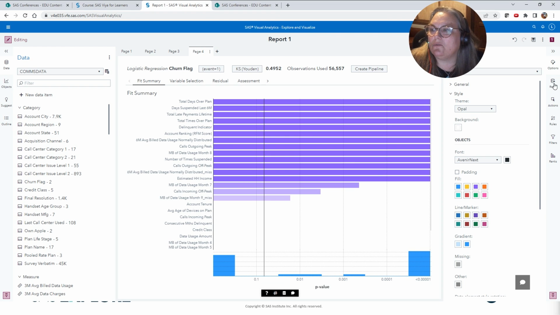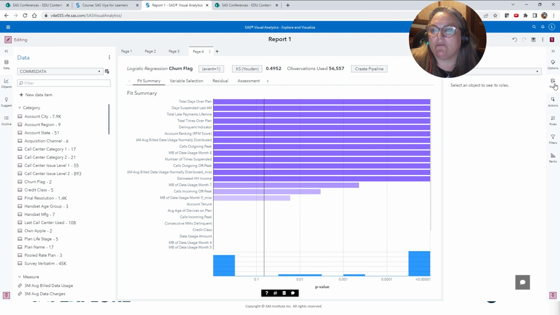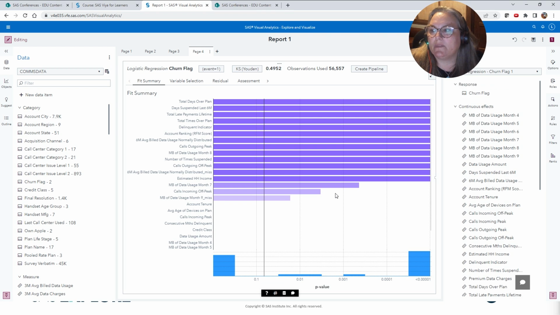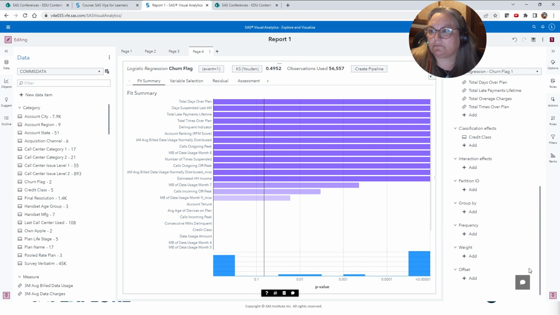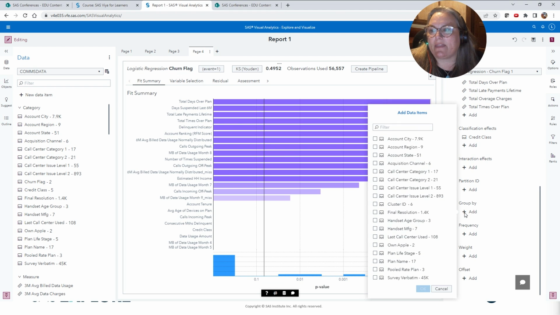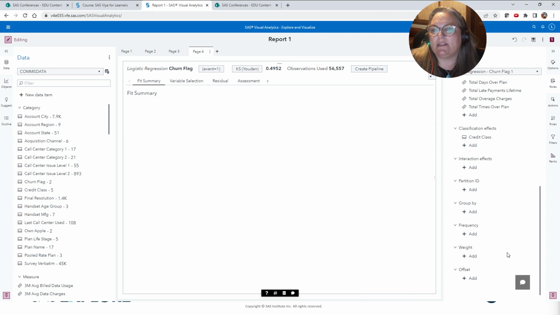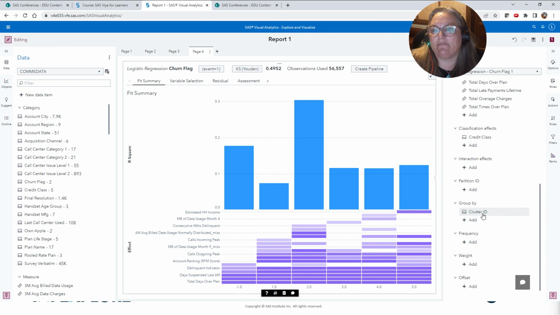I want to go ahead and do some by group processing. So if I scroll down, I have this group by option. And when I select that, you see I have cluster ID. So I could select OK. And so these are those clusters that I wrote out previously.